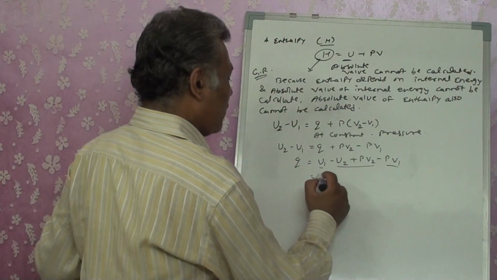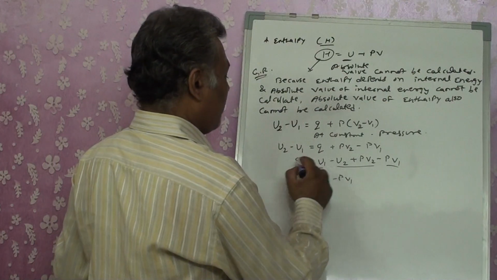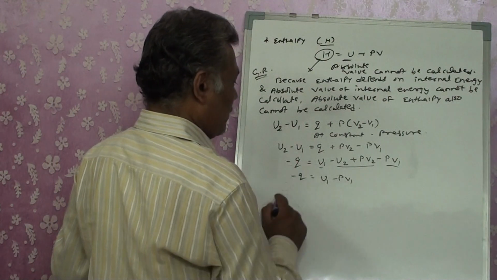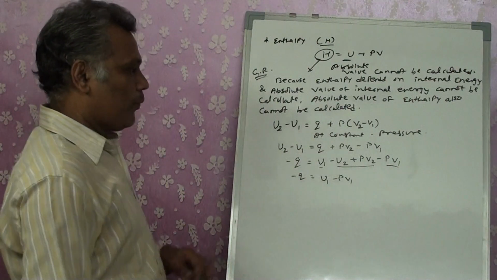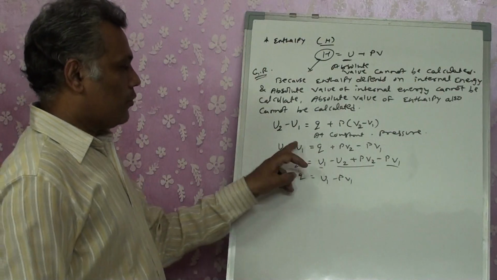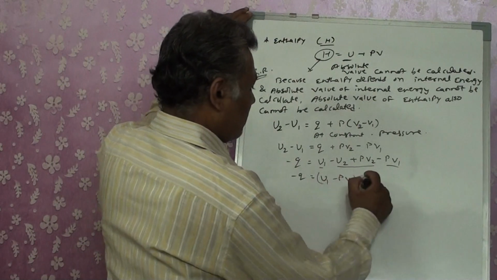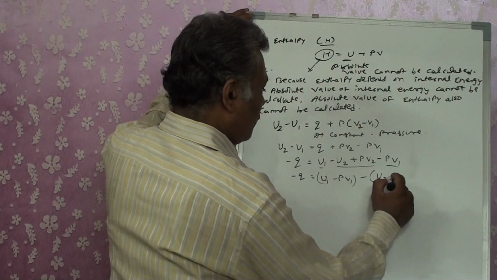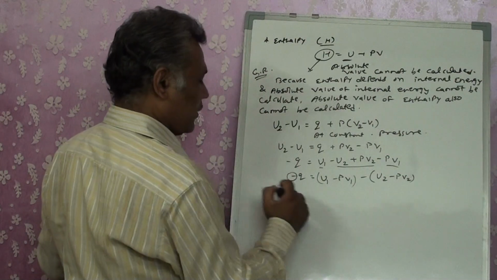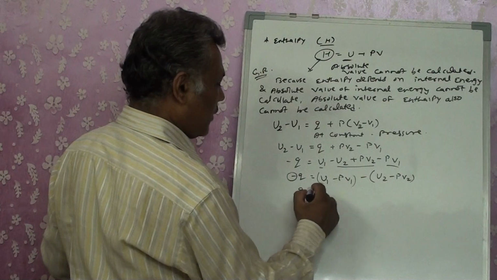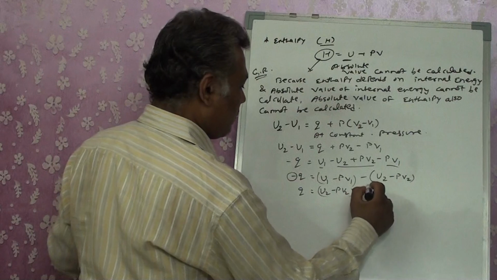So if I put it as U1 minus PV1, we get this term on this side. So Q comes on this side, so it's a minus Q. Minus Q equals U1 becomes positive, U2 becomes this, we get this minus U2 minus PV2. Now if I remove this sign by multiplying, we get Q equals U2 minus PV2 minus